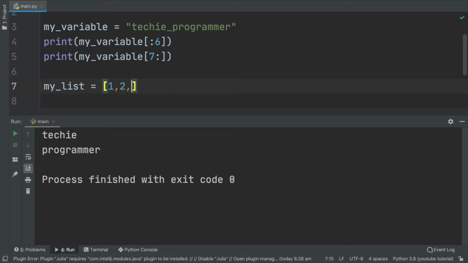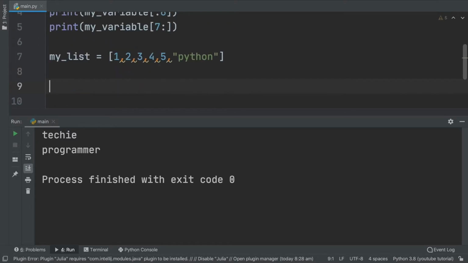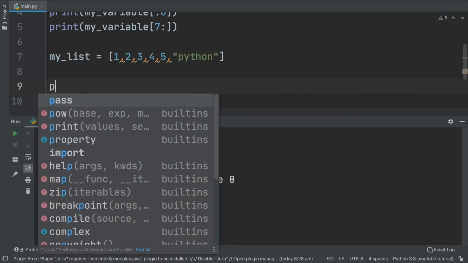Then you write the content of your list, which can hold any type of data type. Let me include a string data type here, saying Python. Let me assume that I want to print 1, 2 and 3 and leave off the rest. Let me type print,